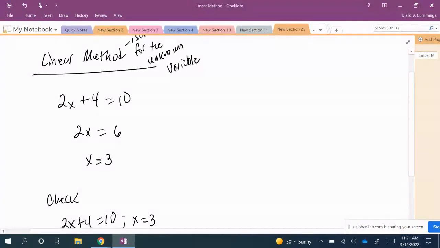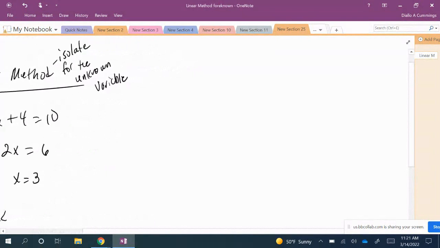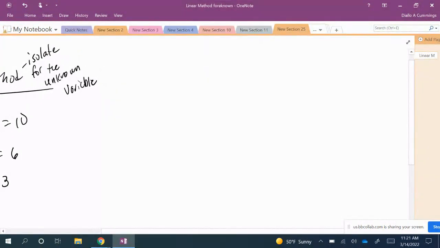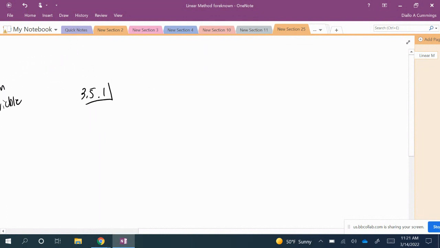Now I'm going to compare this to a trig equation. All right, so remember that an equation is anything with an equal sign. So here is one that is similar to your problem number 1. And the directions, let me just bring that up real quick. They want us to find all solutions exactly on the interval